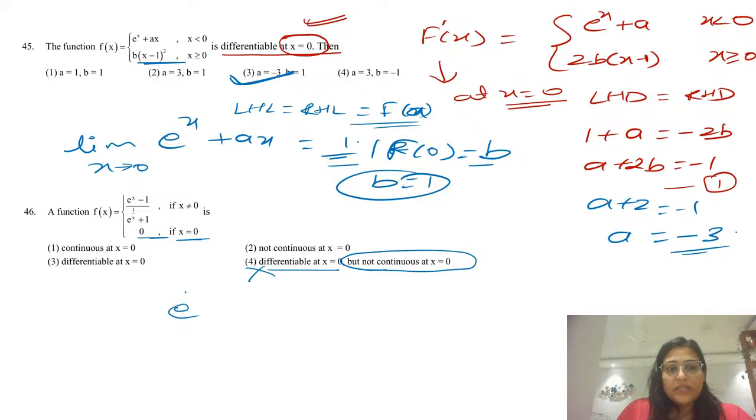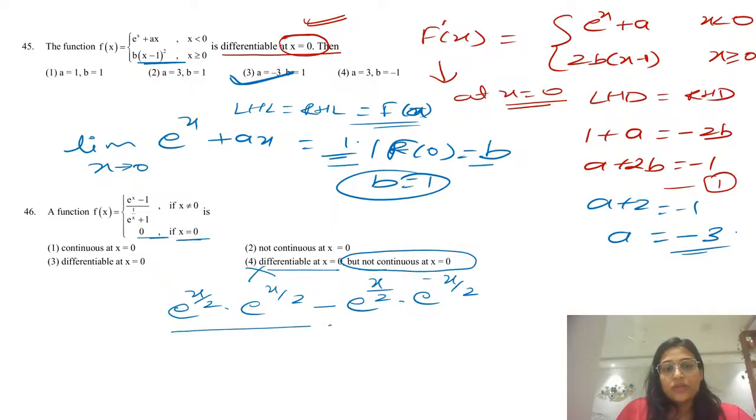So e to the power x can be written as e to the power x by 2 into e to the power x by 2 minus 1 can be written as, this is also an NCERT problem, e to the power minus x by 2, correct? This whole thing is getting divided by e to the power, this is 1 by x, this is also 1 by x. All right,